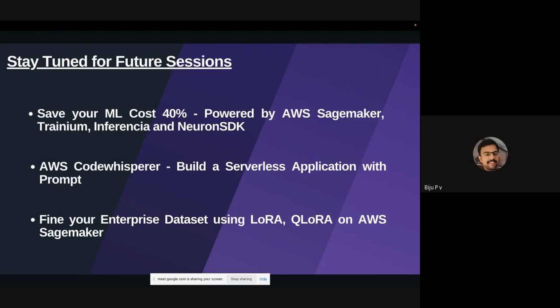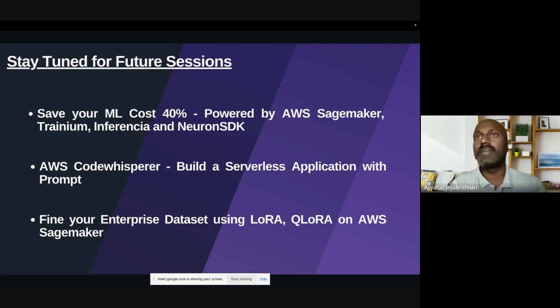Is it like transfer learning in the context of CNN? Exactly. You can take it as transfer learning. Fine tuning is nothing but transfer learning. You have a pre-trained model, you add your data and do the fine tuning. But if you are fine tuning a 40 billion parameter model, it is going to need a lot of compute. You need to tune all the parameters.